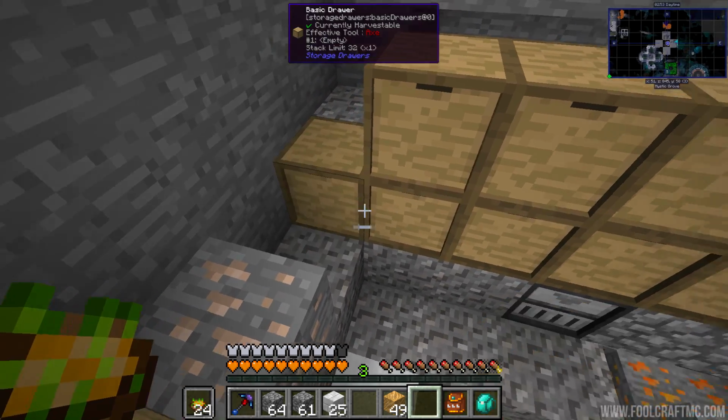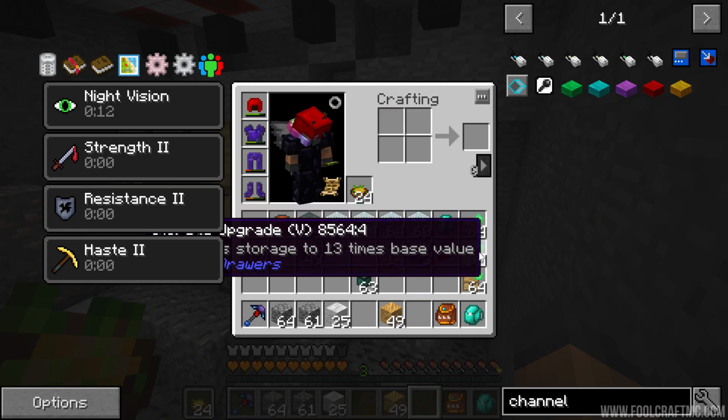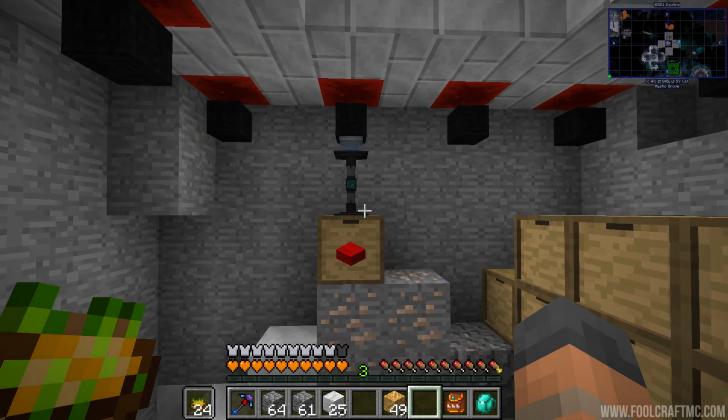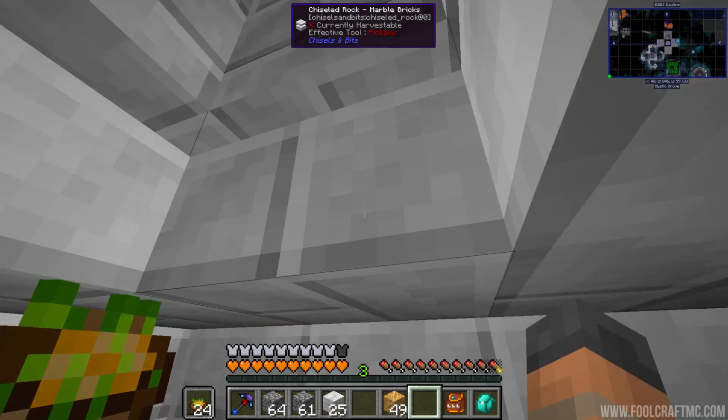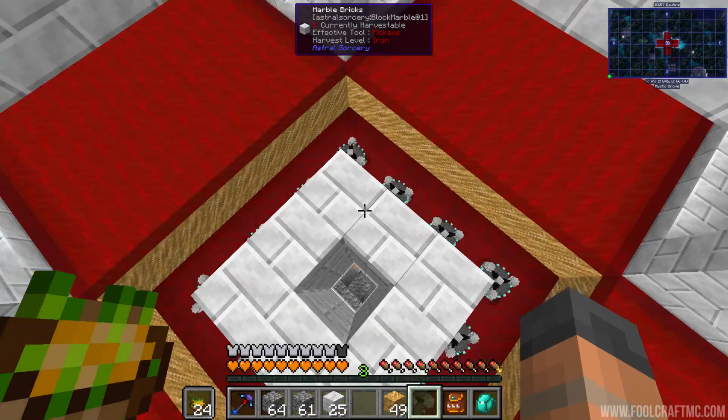How many more drawers we got? Yeah, 1, 2 over there. So that'll be able to store a whole bunch of stuff. I've got void upgrades and these ones as well, just so we can make sure it doesn't back up, basically. Then up the top here, you'll see that we've got our little looking station, and the congealed blood